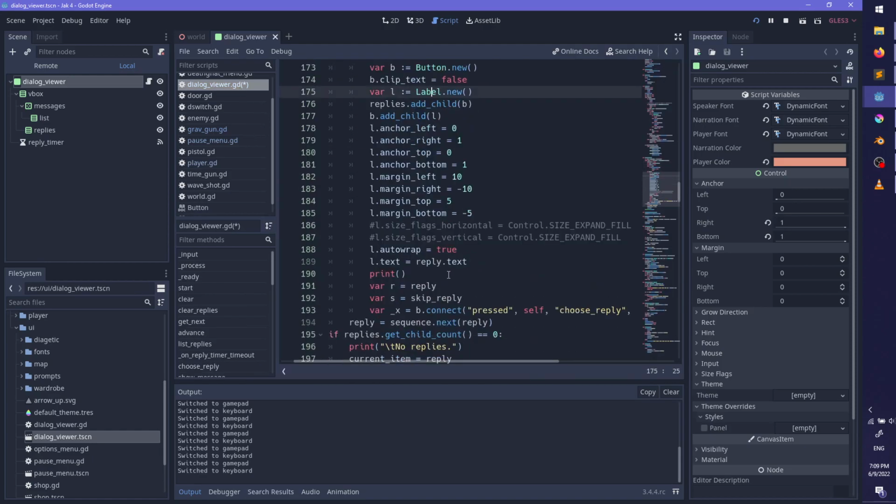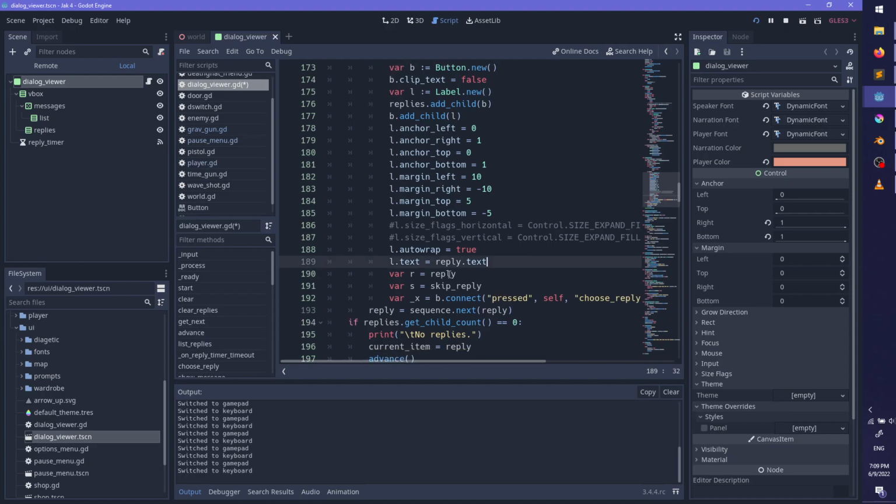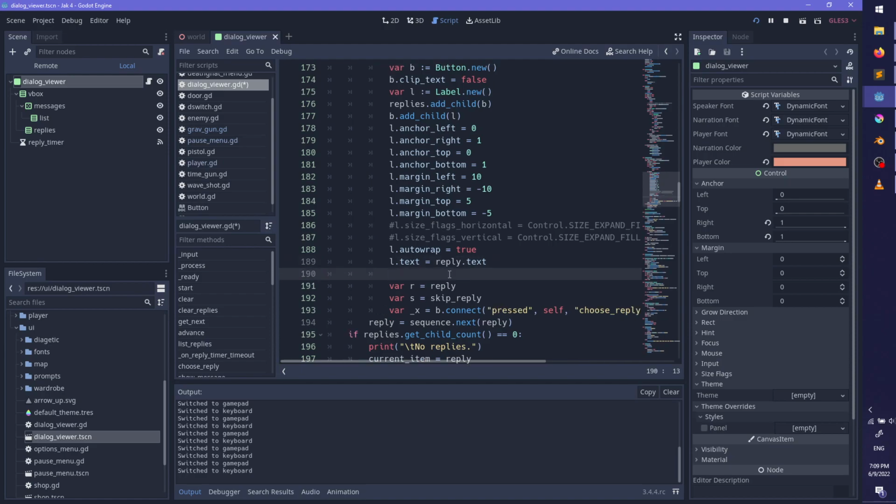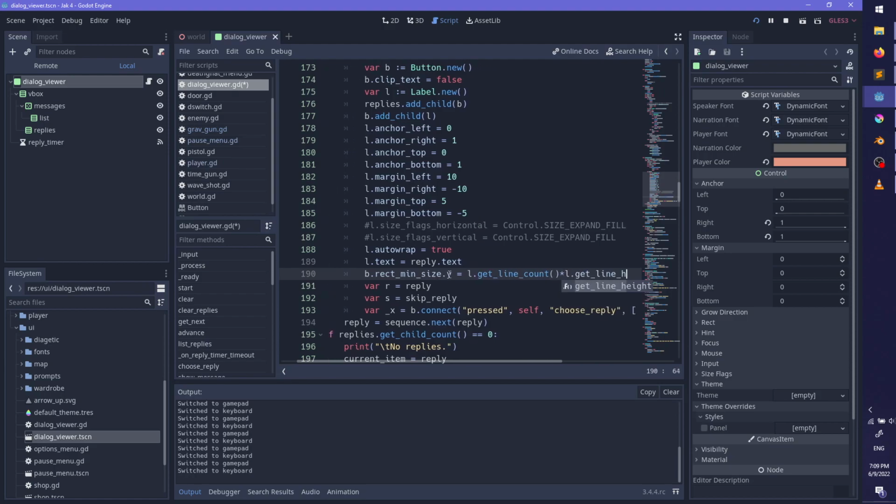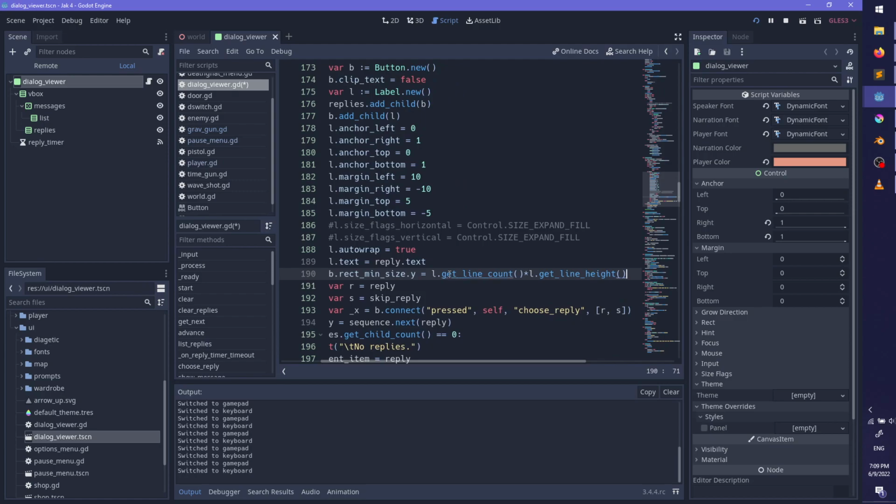Alright, let's do b dot rect min size dot y equals l dot get line count times get line height. No, wait.